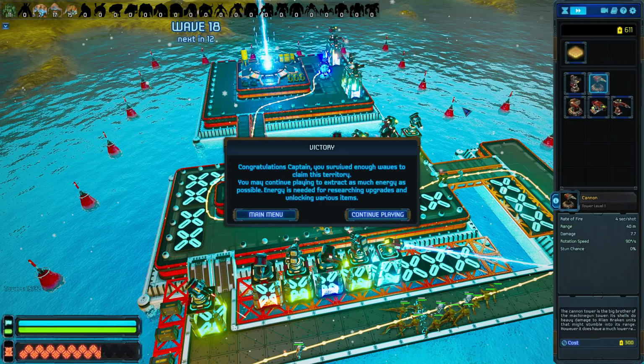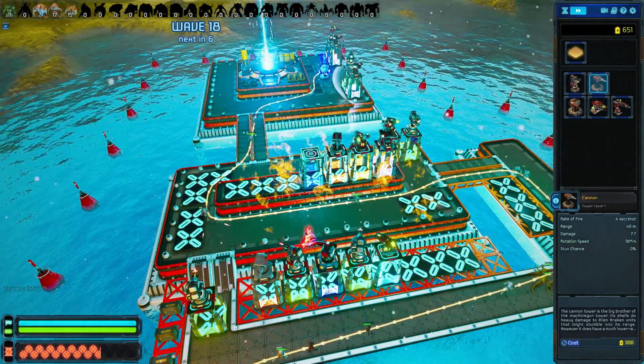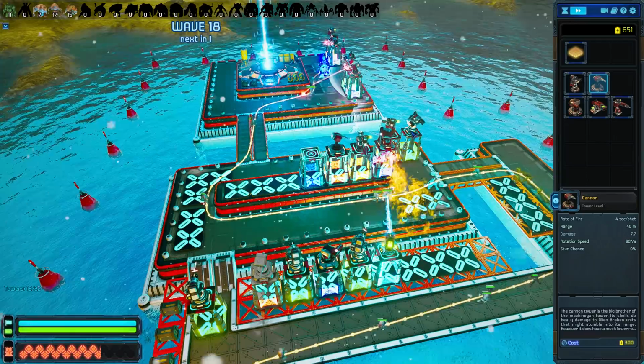And we won. Okay, so congratulations, Captain. You survived enough waves to claim this territory. You may continue playing to extract as much energy as possible. Energy is needed for research, upgrades, and unlocking various items. So let's continue playing for a little bit just to get some more energy. Now, however, what we can do